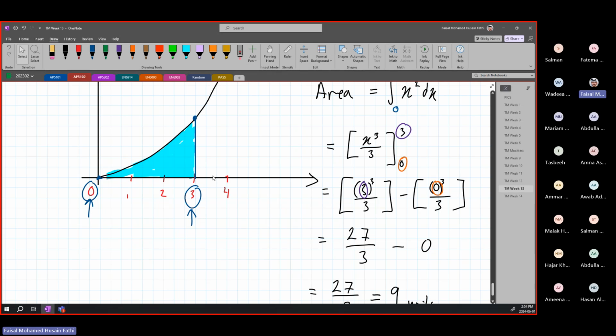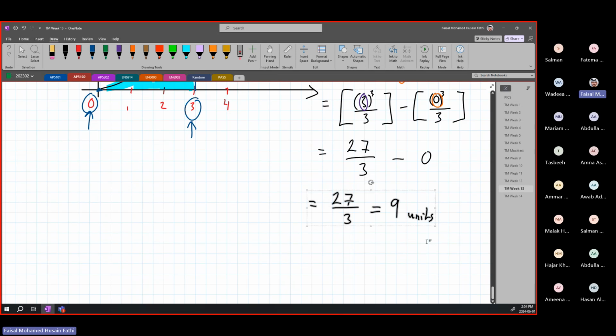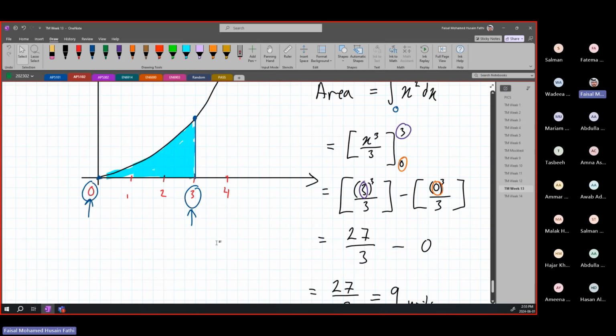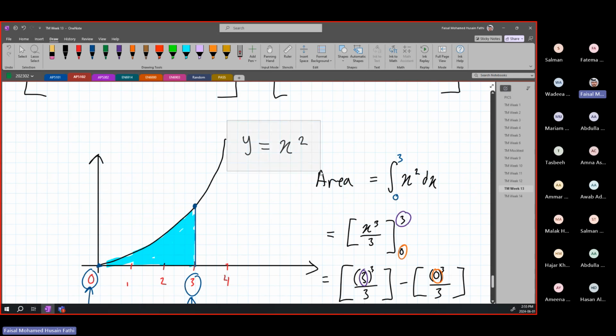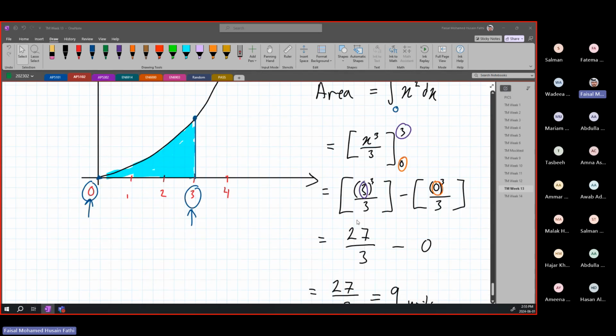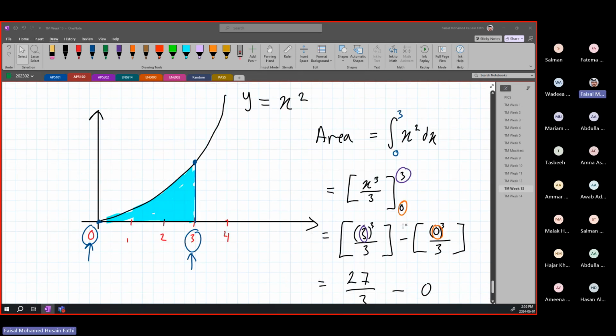If they were talking about money, for example, if this is $1, $2, $3, then you can say that this is going to equate to $27 or something like that. But the idea is you just have to integrate whatever your function is. It's not minus 9, it's plus, right?